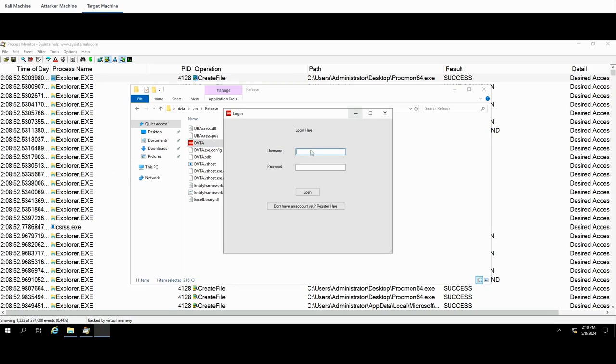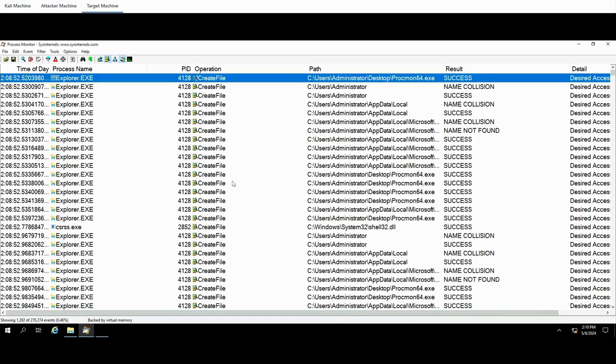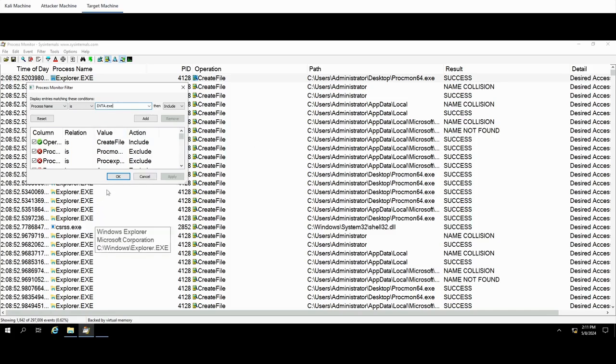So there we are. We can see that the program is fairly simple. It just asks us to log in. We don't need to interact with it, but we're now going to do something else. So we are going to open up the filter, and create a filter for the process name. We just want to filter for the process dvta.exe, okay, and that'll get rid of any of the